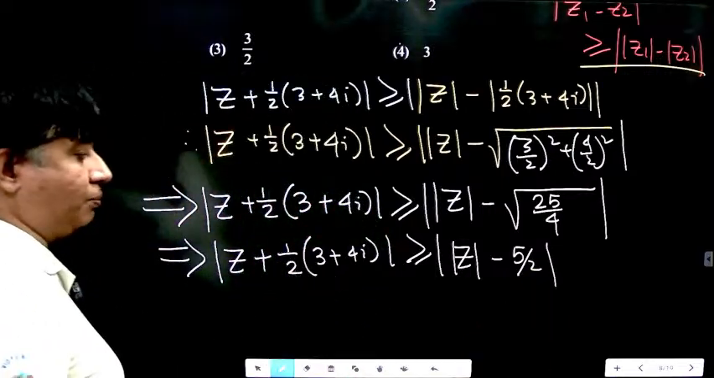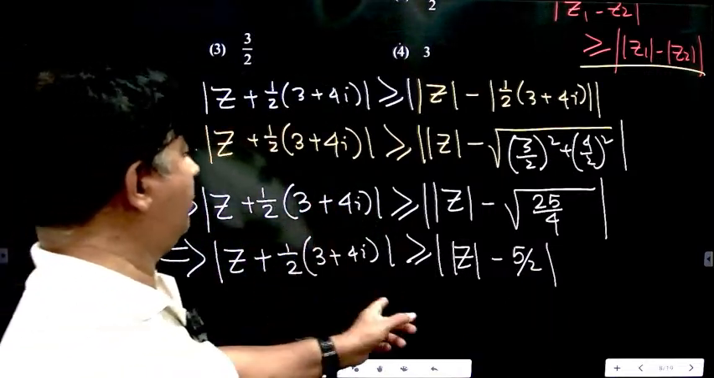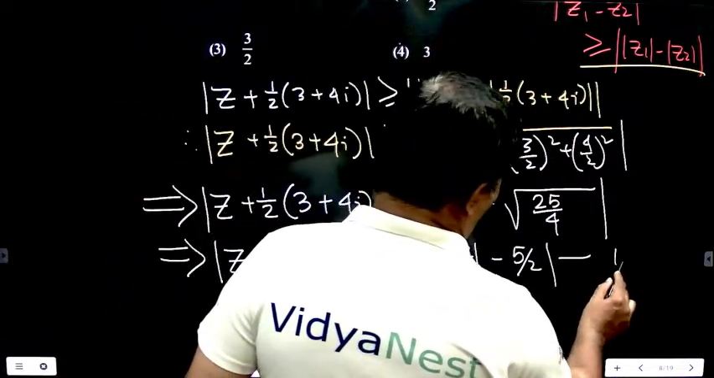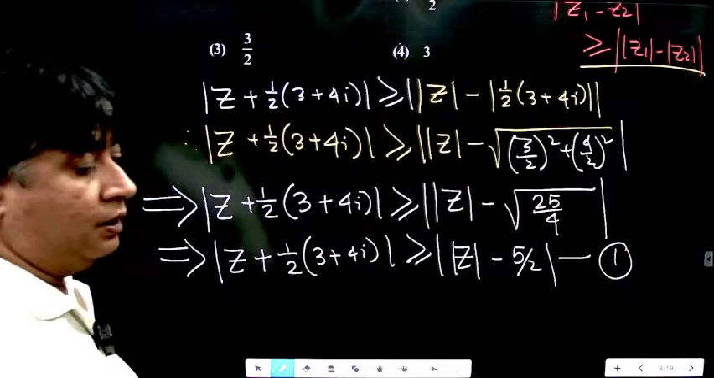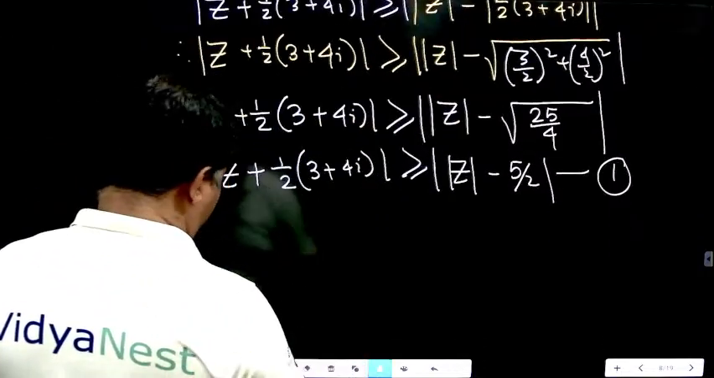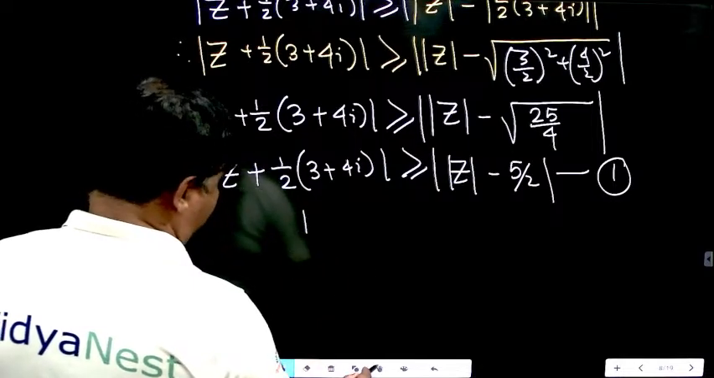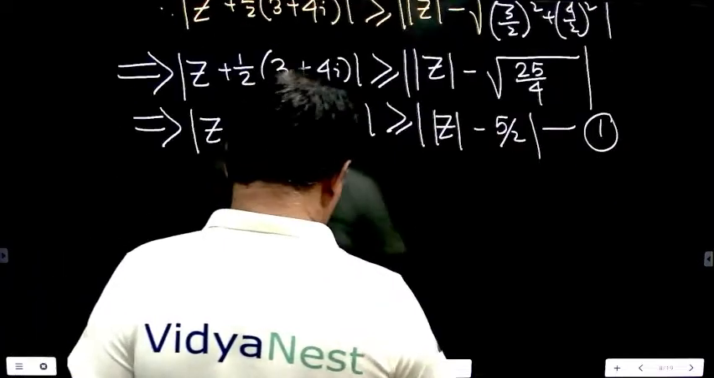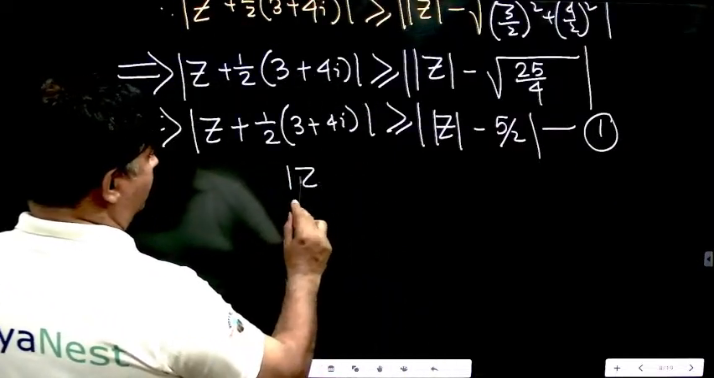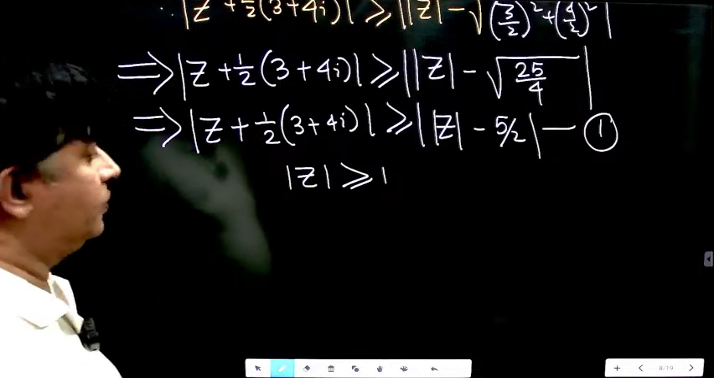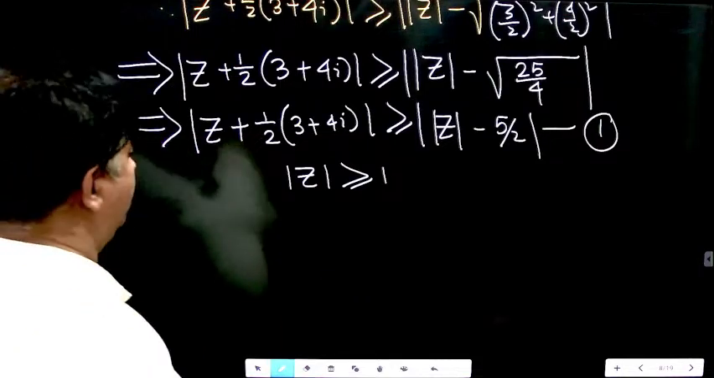So we could reach up to this stage. Now, how to find the value of this? This is inequality 1, I can assume. Now, see, mod z, go to the question again. Mod z less than or equal to 1. Now, you